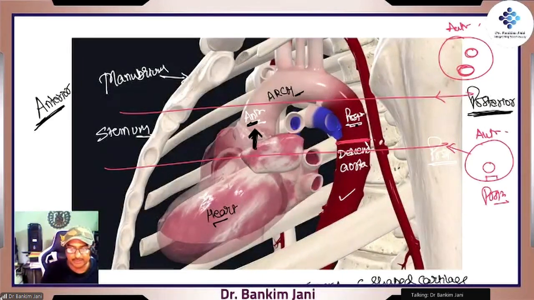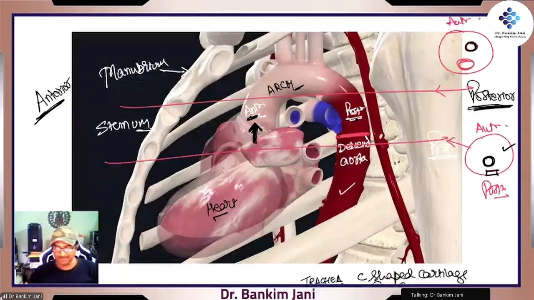It is starting anteriorly, so that is the anterior mediastinum, and it goes back. Here is the spine, so it is going all the way near the spine. When you take the section, this is what was shown. In the CT scan, we'll see that this is the vertebra, and near the vertebra, we'll be watching the descending aorta, and the ascending aorta we'll be watching anteriorly. When the section is taken at this level, we'll be cutting the aorta at 2 levels, so we'll be able to see that.